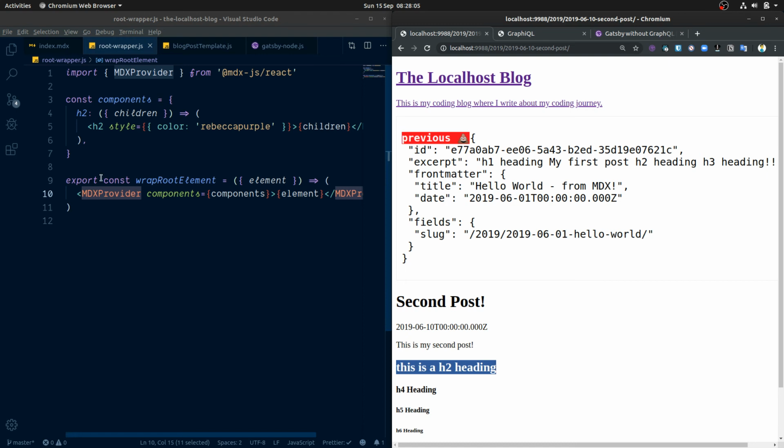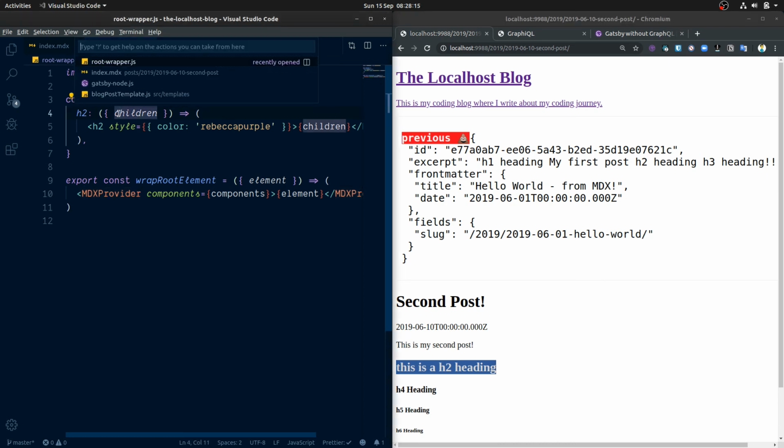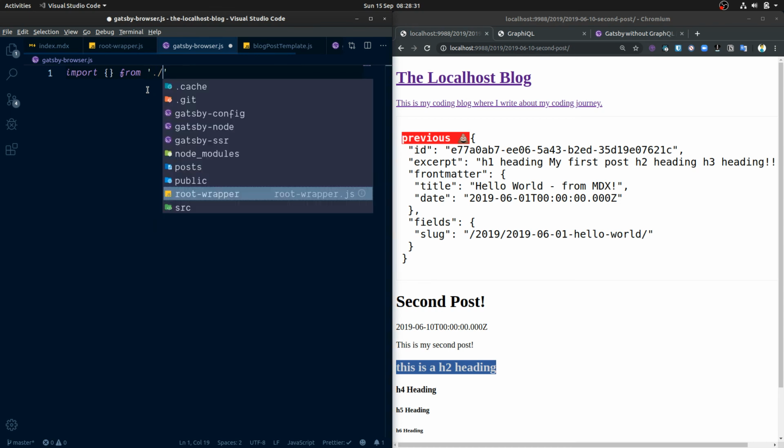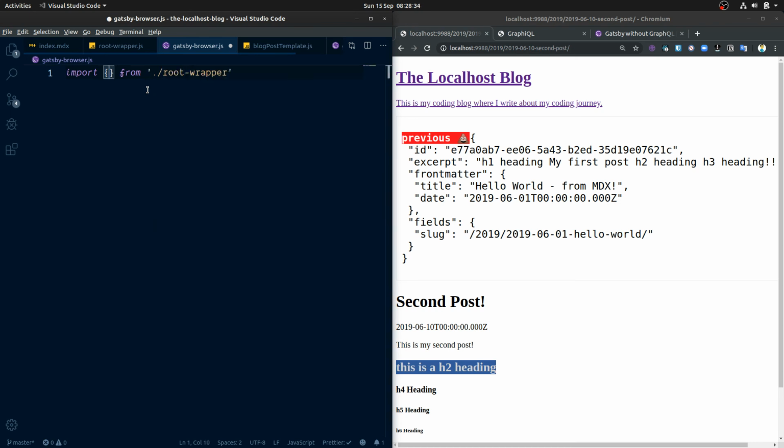We're not actually using any of this root wrapper in the Gatsby browser module or the Gatsby SSR module. So let's cover that now. It says do Control P, and we're going to do Gatsby browser, and basically we want to import what we just created there, wrapRootElement from the root wrapper, and it's going to be a wrap. Use wrapRootElement as wrap